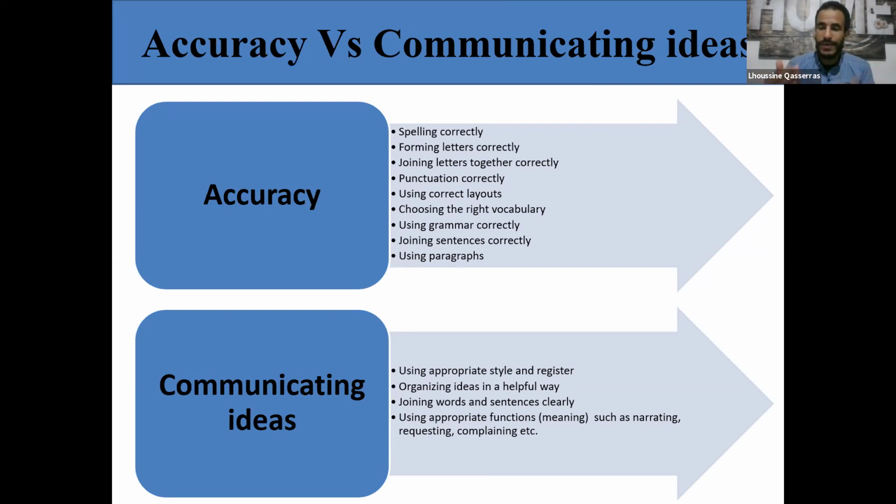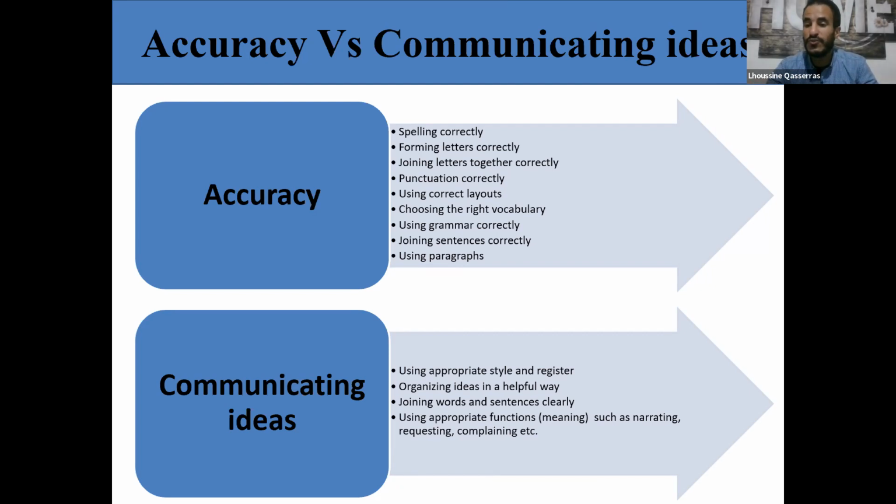We can call it in writing, we can name it communicating ideas. Okay, so using appropriate style and register, organizing ideas in a helpful way, joining words and sentences clearly, using appropriate function like meaning such as narrating, requesting, or complaining. Which means when we talk about fluency or communicating ideas, you use an appropriate style